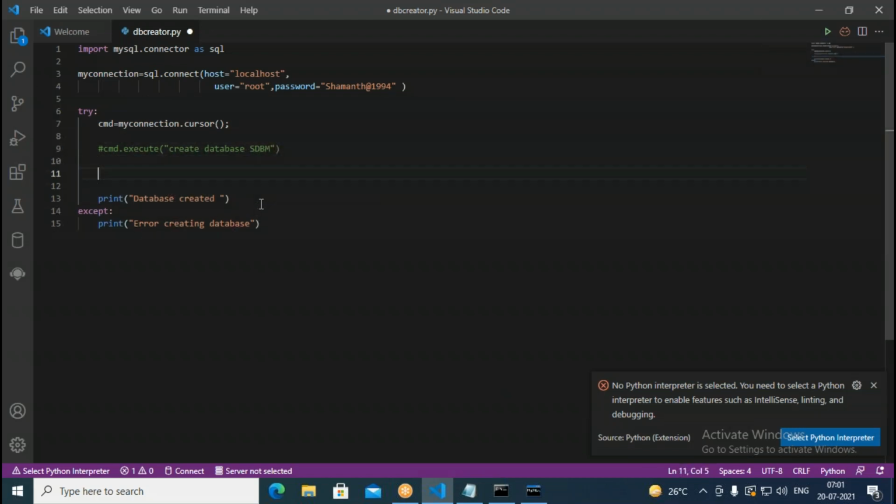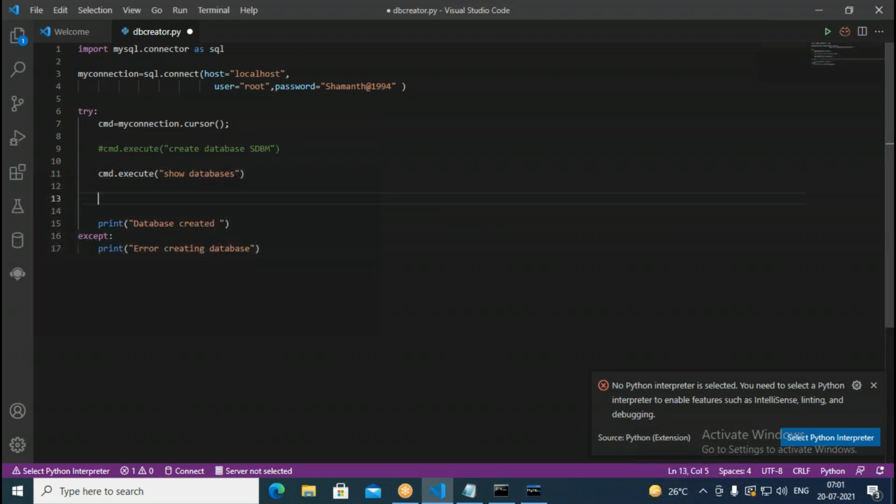It's not only creation, it also shows the databases. Here I already have cmd.execute, and I give the command show databases.